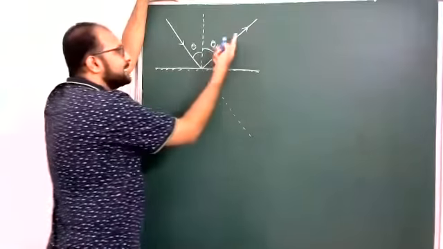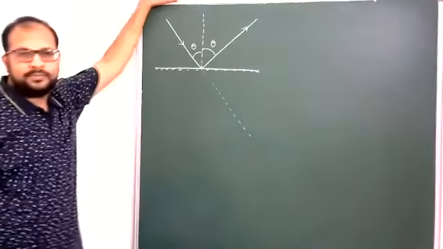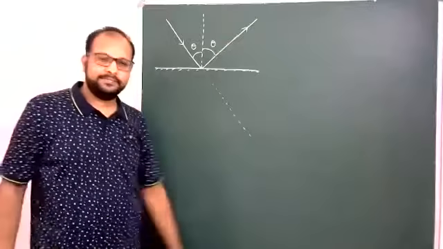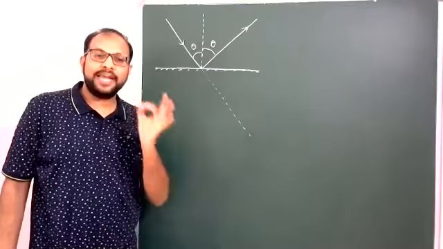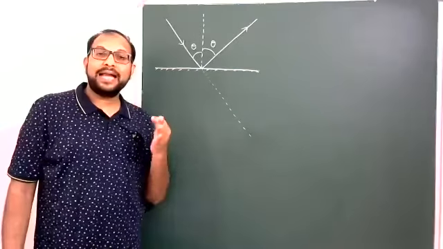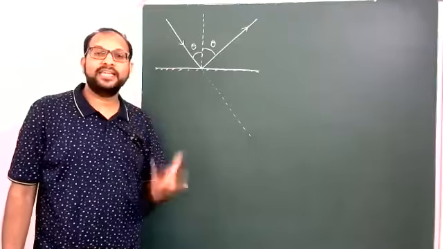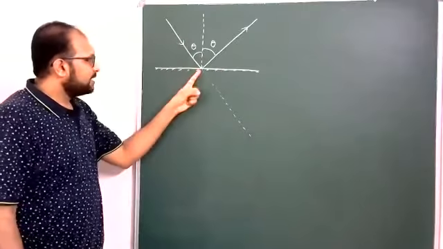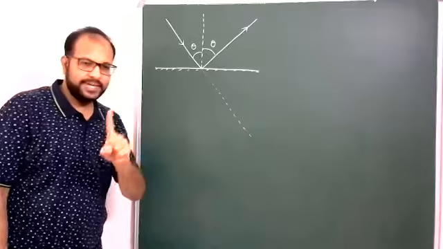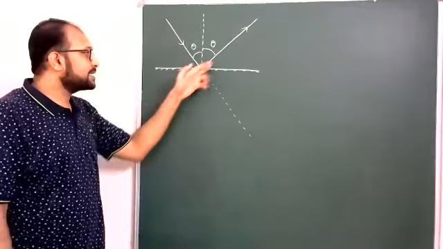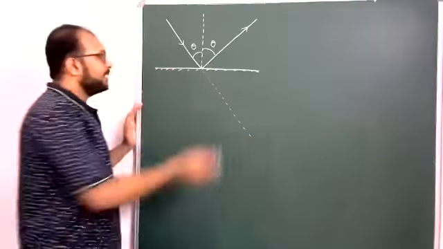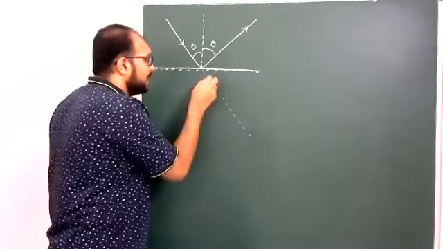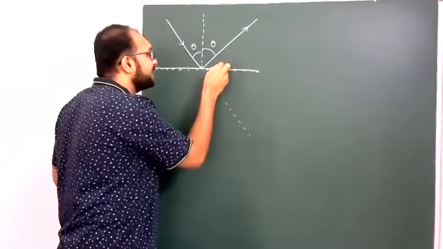Now, this is the final light ray. The angle between the final light ray and the original light ray is known as the angle of deviation. Because if there were no reflecting surface, this would be the original direction of the light ray, no doubt. But because of this, now this is the present direction of the light. That means definitely from here to this, the light ray is rotated, meaning deviated, in this direction.